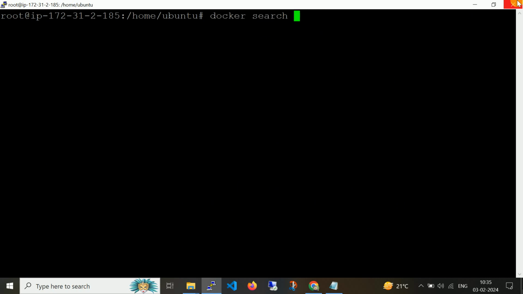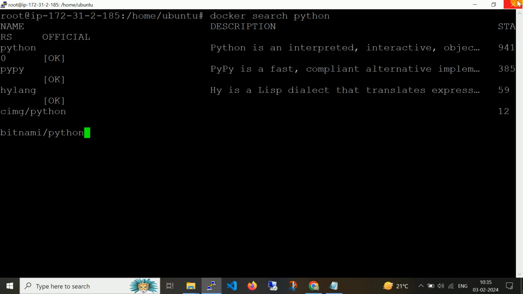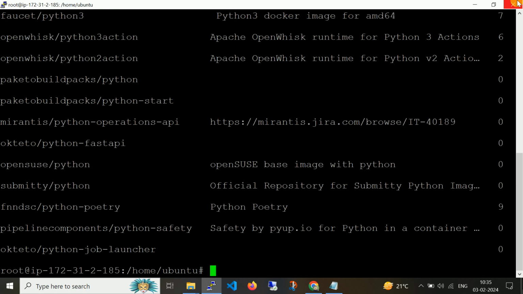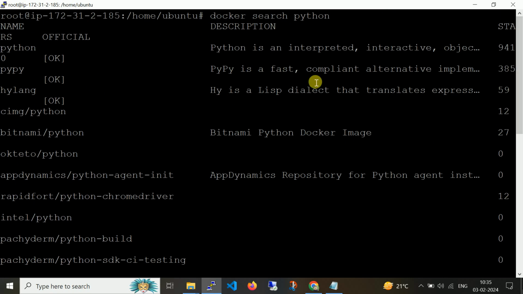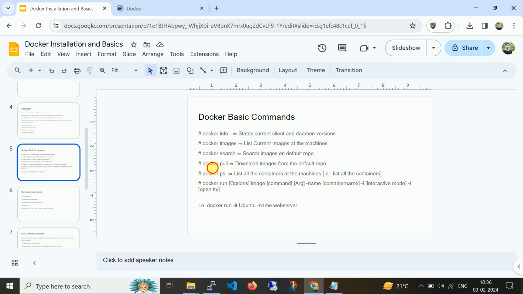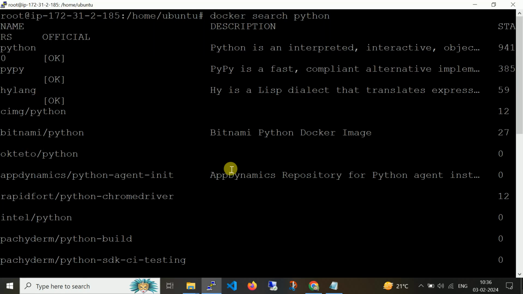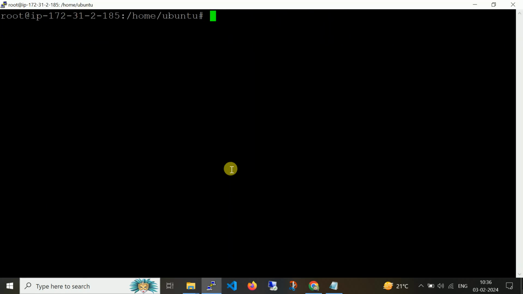Let's say python. So you will get all the image names from the official Docker Hub. And docker pull, as we have already run, is the command to pull any image from Docker Hub.